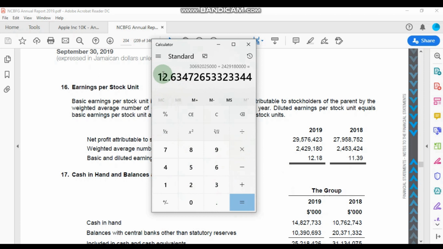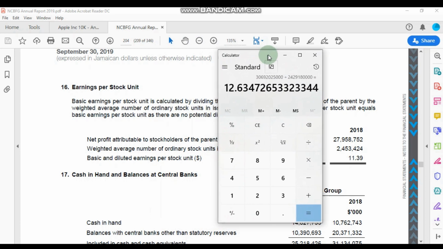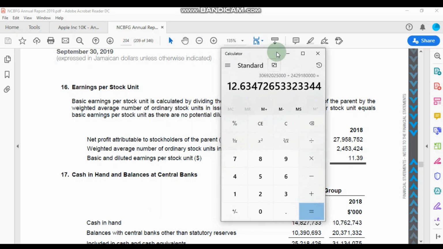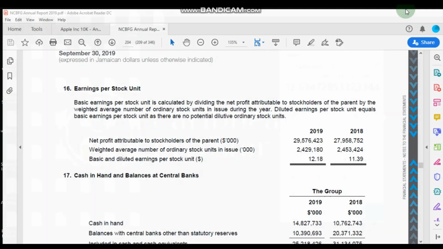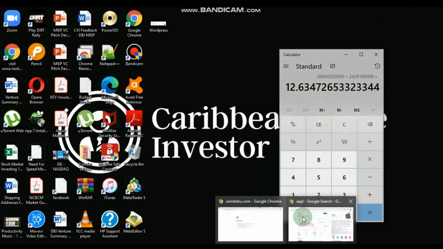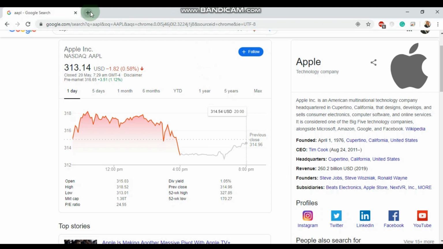And the number we get is slightly higher for the earnings per share of $12.63. Now to calculate MCB Financial Group's PE ratio, what we're going to do is take MCB Financial Group's current stock price and divide it through by the $12.63. To get MCB's latest stock price, we're going to have to go to the Jamaica Stock Exchange,